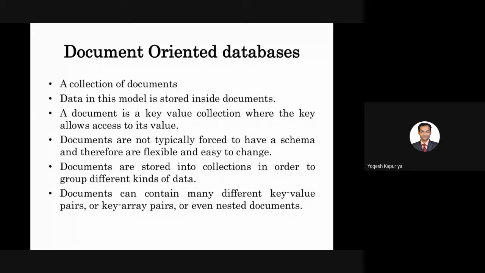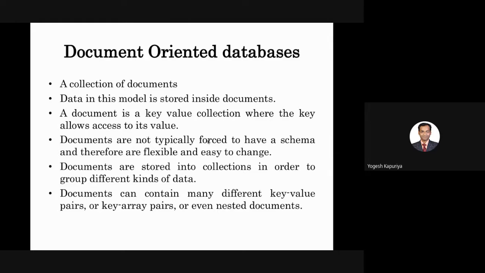So you should be aware that there should be a user table, there should be a post table, there should be, let's say, a tweets table. But then what can be a tweet, what can be a post, and what will be the user profile, that can be schemaless. So it's a mixture of both. You have the power of a relational database as well. At the same time, you have the liberty of schema-less design as well. So this is a document-oriented database.